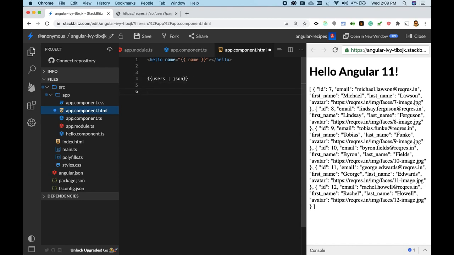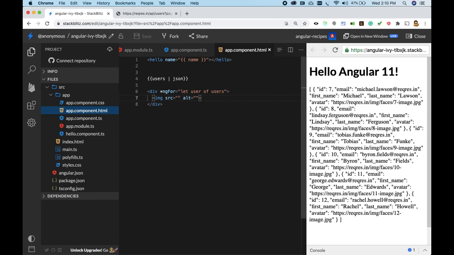We can quickly format it, for example something like this, div with img source equal to div star ngFor equal to let user of users, and img source equal to user dot avatar and user dot name.